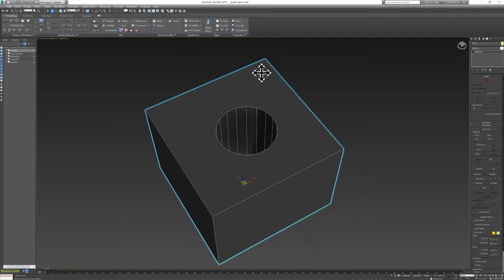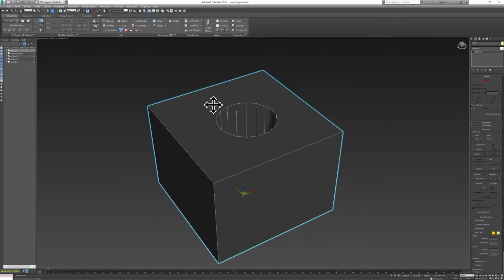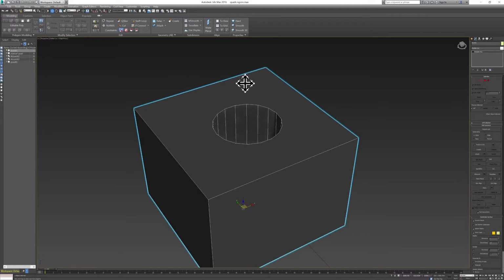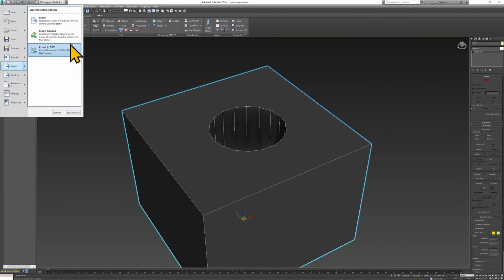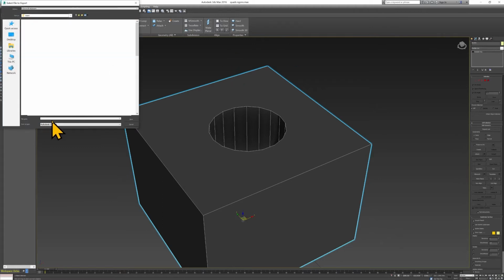So if I were to export this, in actual fact, I'm using quite an old version of 3D Studio Max, and it doesn't export n-gons well at all, especially Boolean operations like this. So it wouldn't work anyway. But even if I could export this shape, when I import to Poser, I'm going to get facets arriving all over the place. If I export this here, export selected,